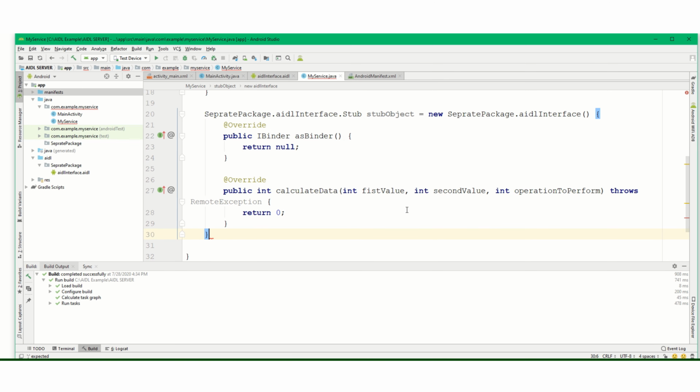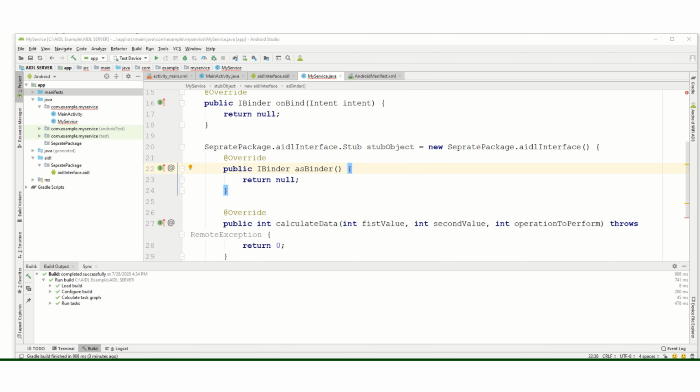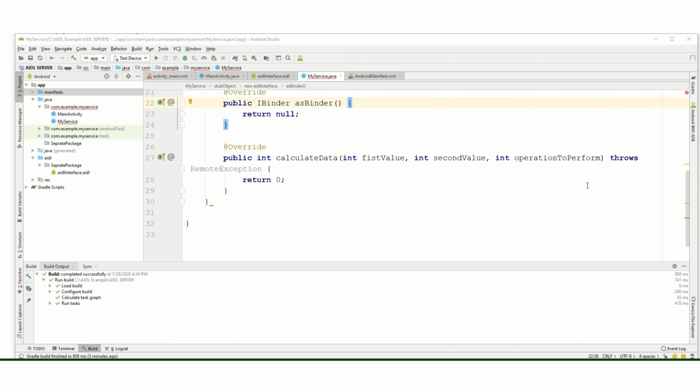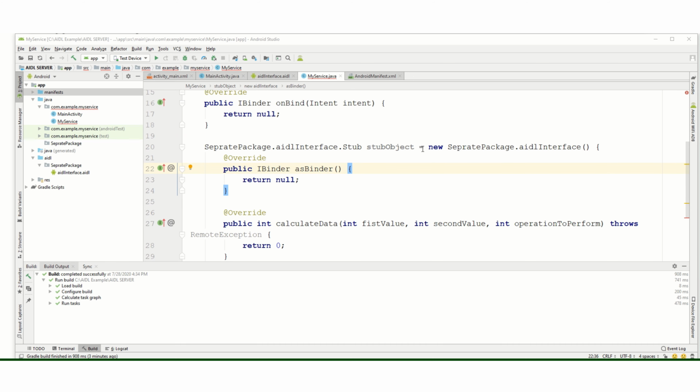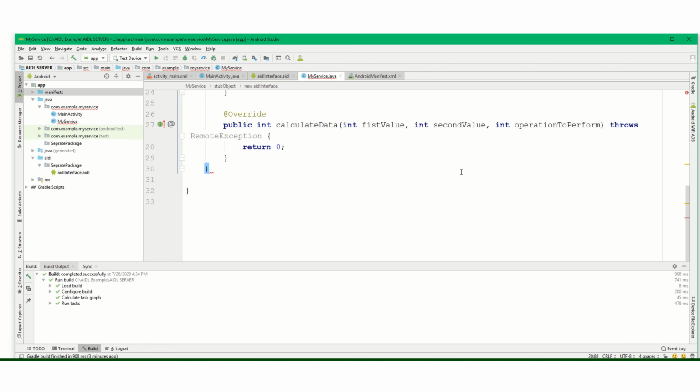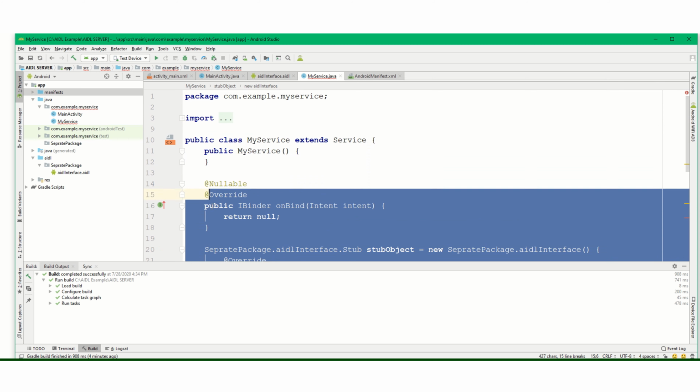Still something is wrong here. Yeah, so yes, sorry. Here we have created, I remove it once again.